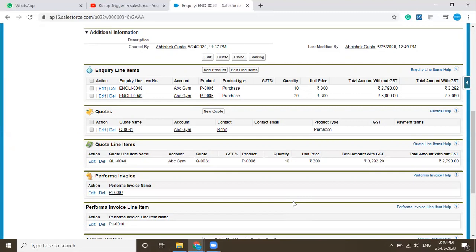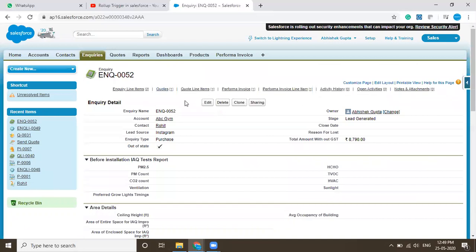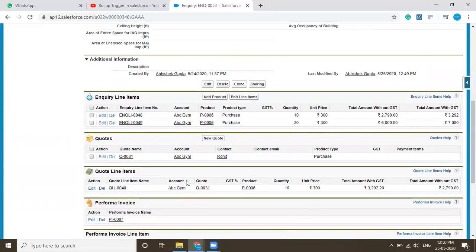So in the next video, we will discuss more about small things that are being used in real-life scenarios. So you need to check it out. I got one new request: I have shown one formula field, so I will tell you how to write it, how to implement it, how to automate things. In another video, I'll show you the Apex class or VF pages, for the people who are asking me to show how to automate things.